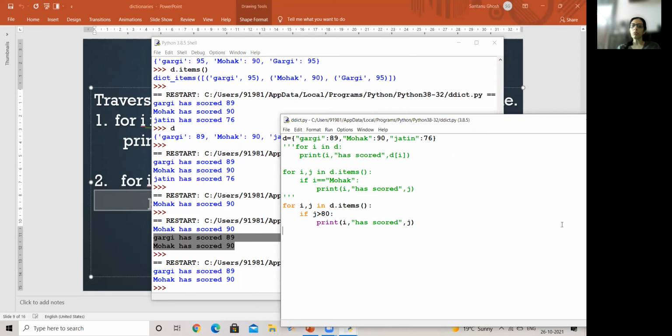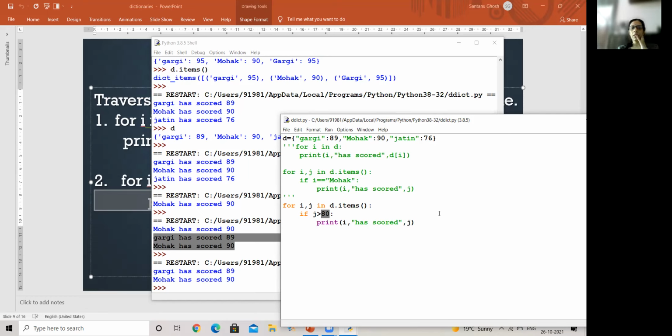Right? Now, this is again static. It will always check for 80. It will always check for Mohawk. Now we can have programs done where we take the input from the user. Let the user tell me which name I want to search. Let the user tell me which percentage range you want to check or count, like how many people have scored. So I can have the count code implemented like that. Okay. So those are the variations which we do further in the next class.